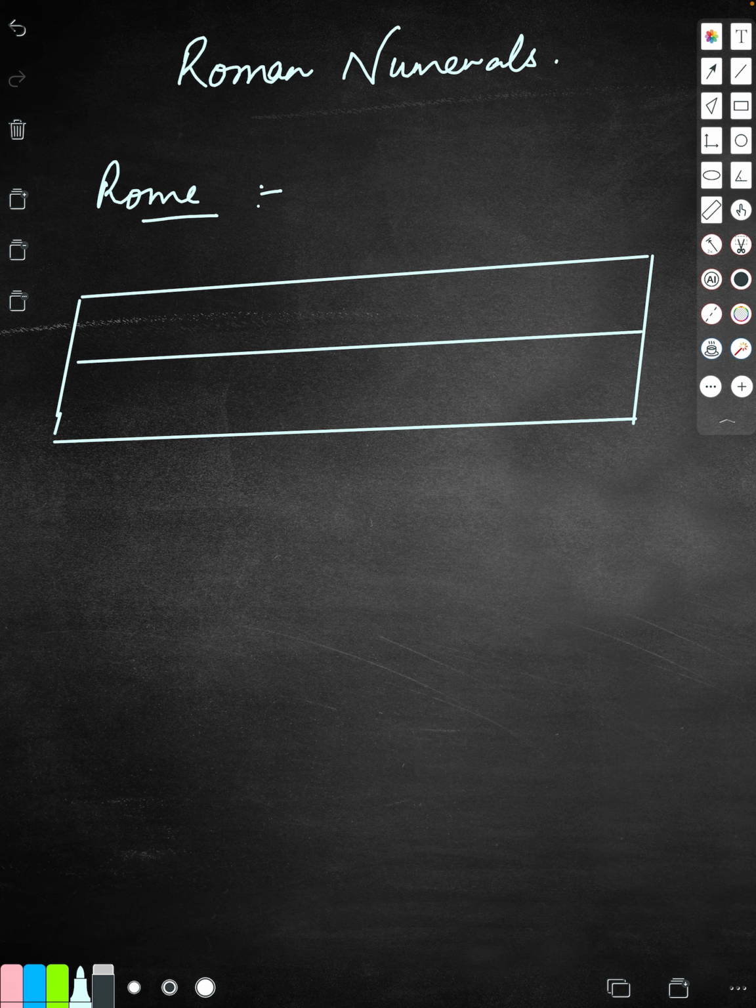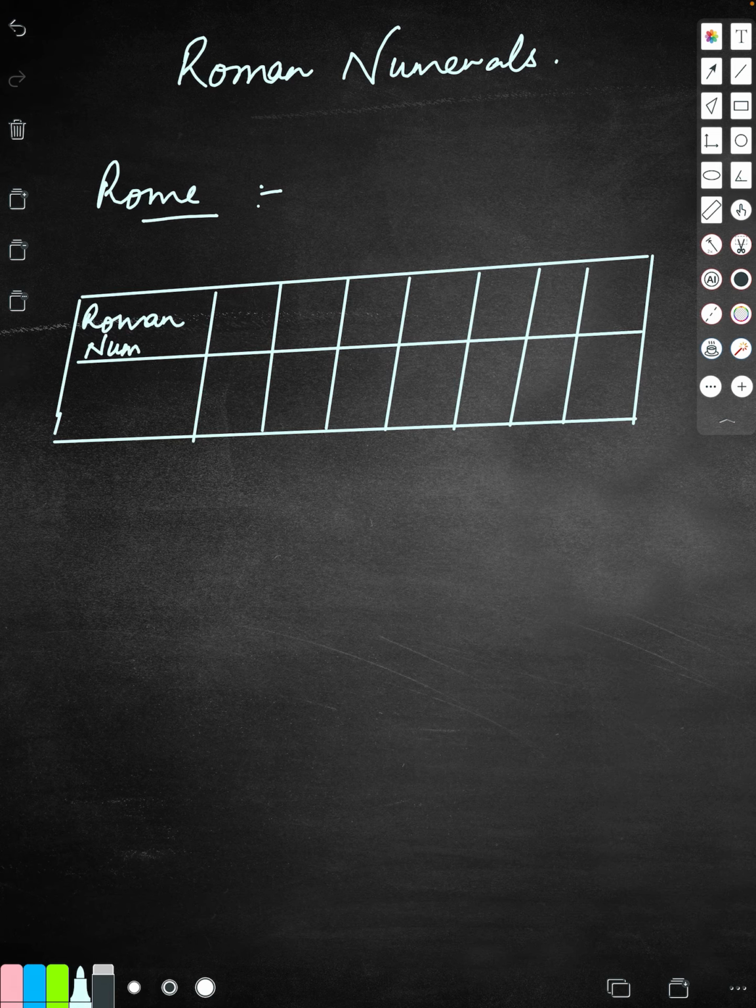Those symbols are called Roman numerals. How many are they? They are 7 in all. Numerals, you all by now know that numeral means number, right? If we want to study these Roman numerals, we study them according to our Hindu-Arabic system, our Indian system, right? So, I will also give you a comparison.